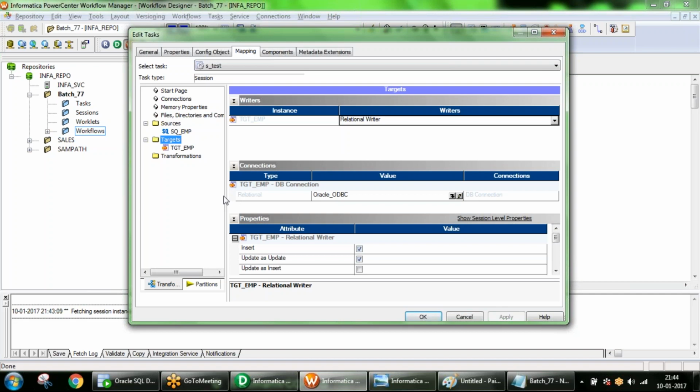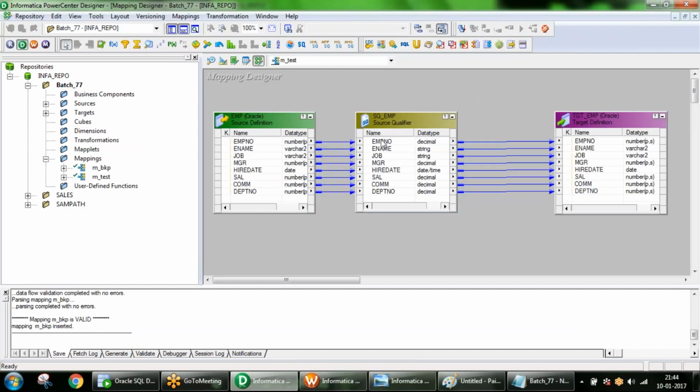All those will be available here because you have tagged it to your mapping. Under sources we are seeing SQ_EMP. For each source you drag, you automatically get a source qualifier, so the name is SQ_EMP.